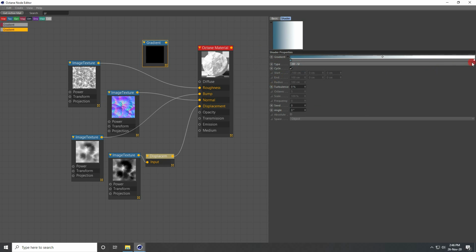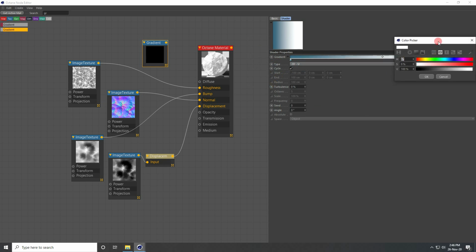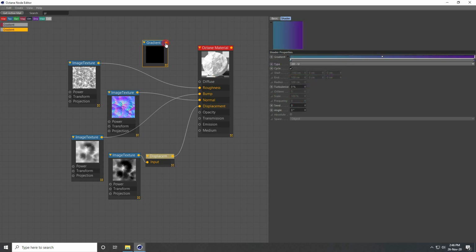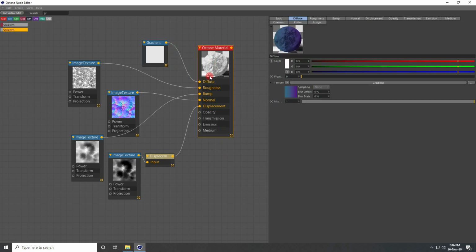Go to second one, and this time I apply purple color like this, and go a little bit back. See guys, that's my purple color, and this color apply on diffuse, this one, right?